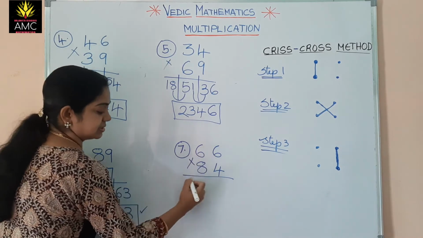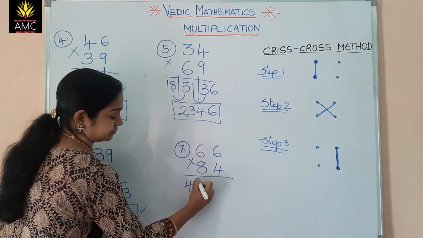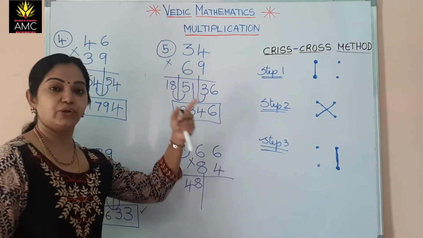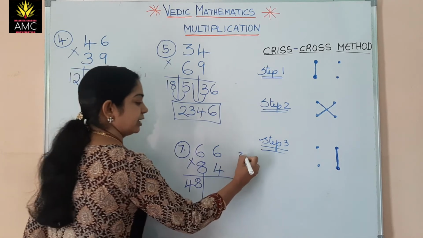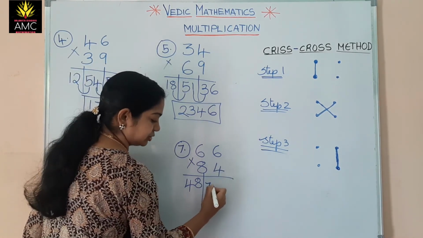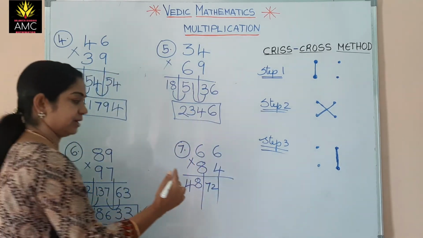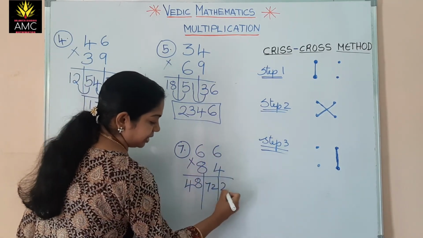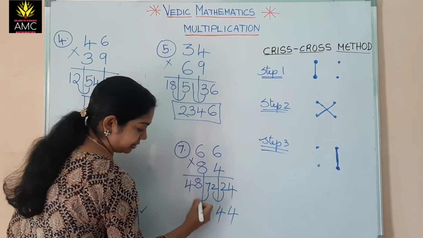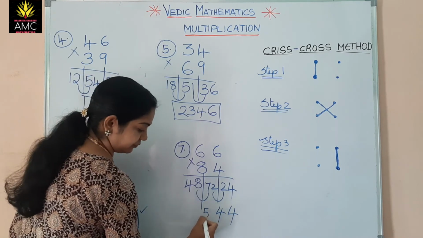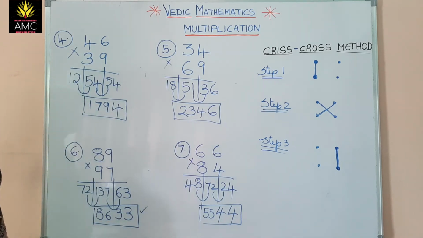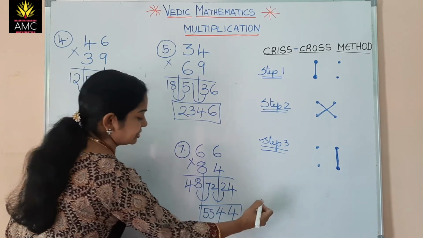Now coming to 6 8s are 48. Now 6 4s are 24 and 6 8s are 48. 24, 48, like this. This is 60, this is 12. So just 72. Likewise add it in the mind. 6 4s are 24, so that comes to 4. Add this, this is again 4. Add this, it comes to 55. Okay, so 48 plus 7 is 55. So 5544 is the final answer.